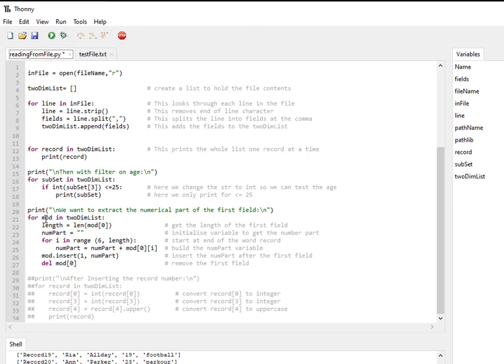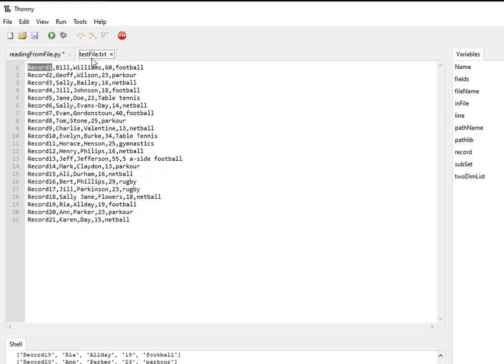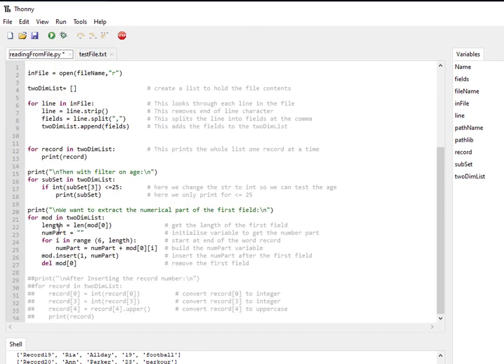So mod is going to be one of the records, and we're going to say length is a variable, and that variable is the length of field 0. So field 0 is here, 0, 1, 2, etc. So we're going to find out what the length of that field is, because sometimes it'll have two digits and